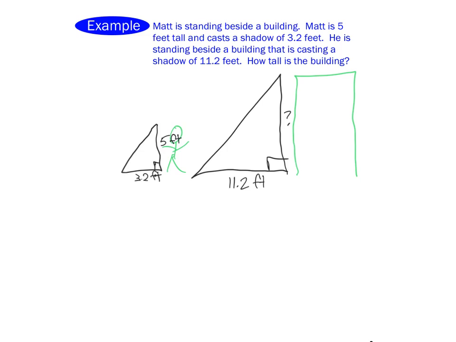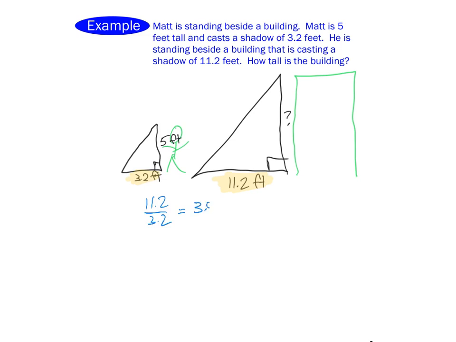So we have to find the scale factor here and then use it to find that height. The sides that are going to be a pair would be the shadow lengths. The shadow lengths are the 3.2 feet and the 11.2 feet. So we're going to go ahead and divide those. So we have 11.2 divided by 3.2, and that's going to give us